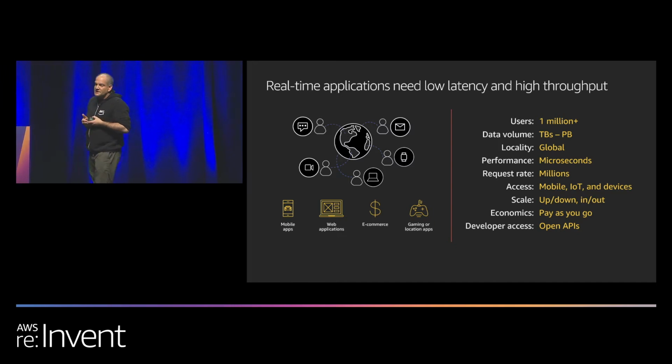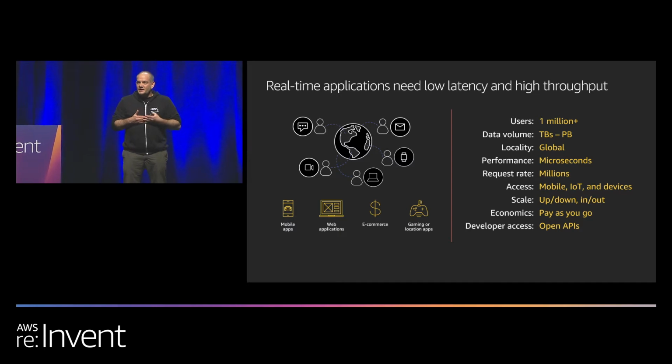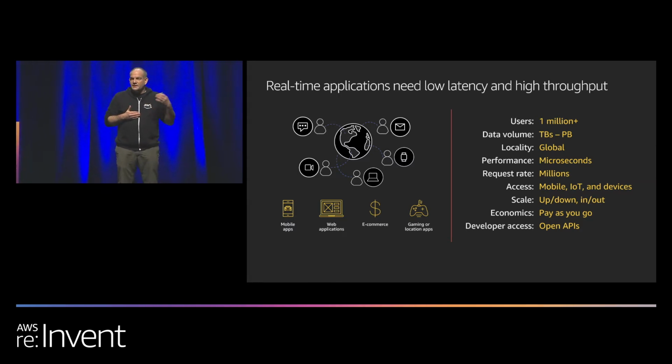Cool, so we literally live in an always connected world. We have billions of devices connecting to the web all the time and to the cloud. And most of all, we are now in this viral world, right? So you can have these things that spike very quickly. To be able to build applications like that and handle the needs of our customers, we need to be able to trust something to give us very, very low latency and very, very high throughput.